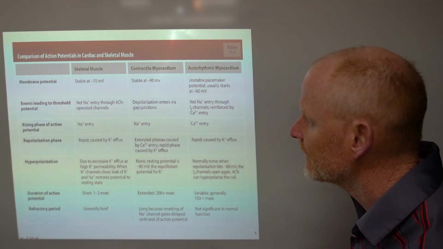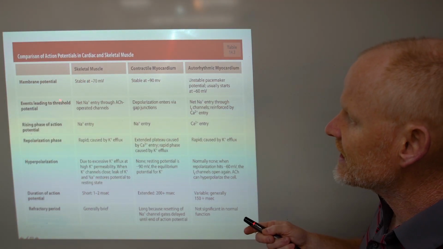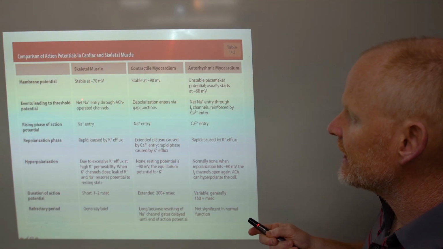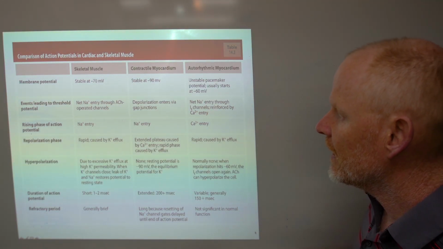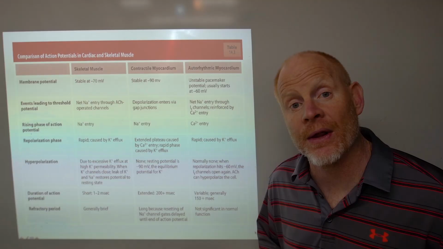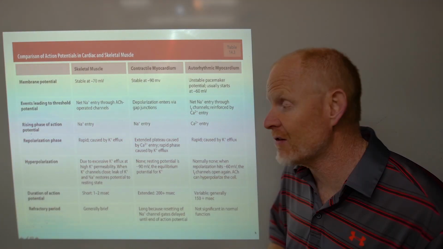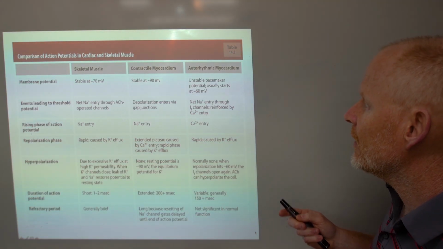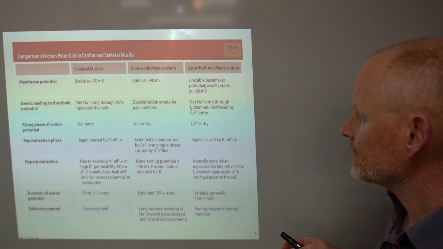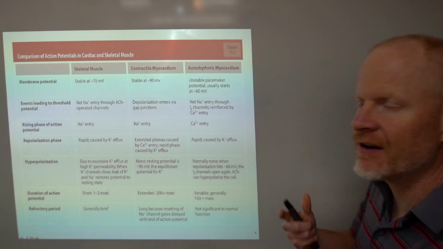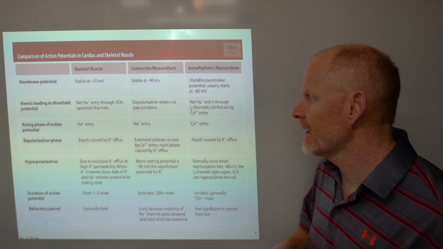Because of funny current. So what leads to threshold is net sodium channel opening in skeletal muscle via ACh, which is acetylcholine. So it's neurotransmitter driven by a nerve. Myocardial cells, it's depolarization via gap junctions. And with autorhythmic cells, it's these funny current channels that open and close, right? That cause